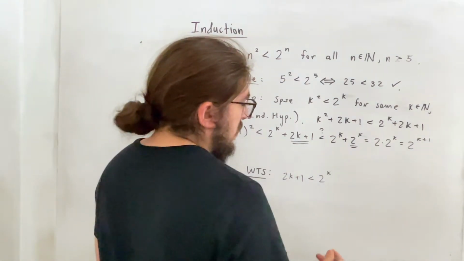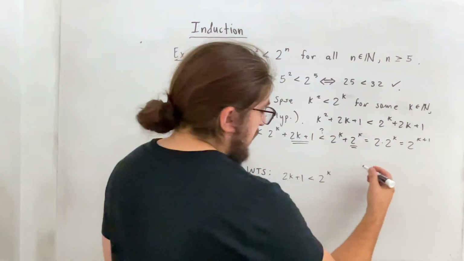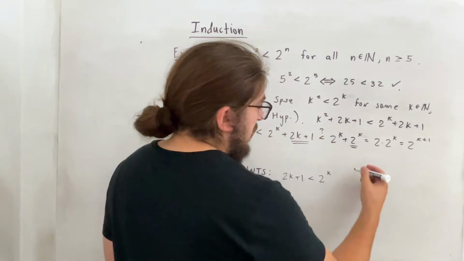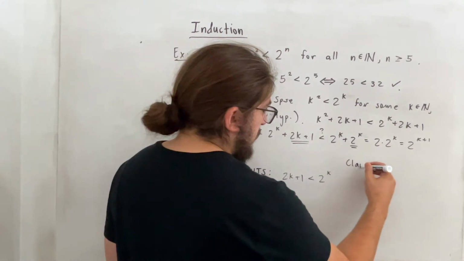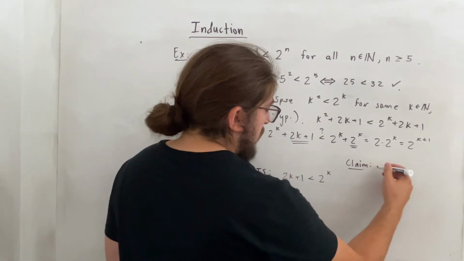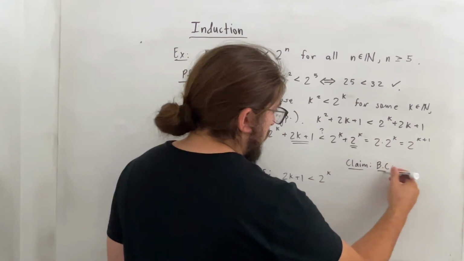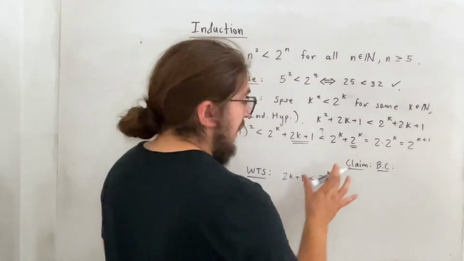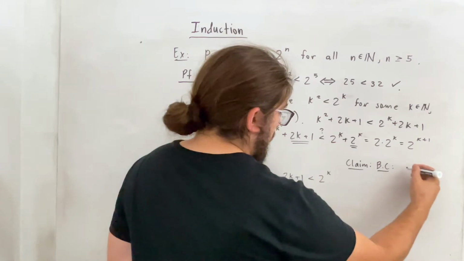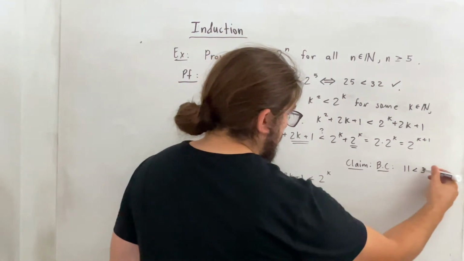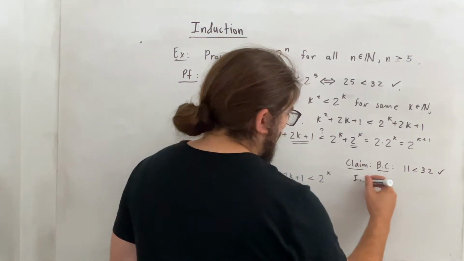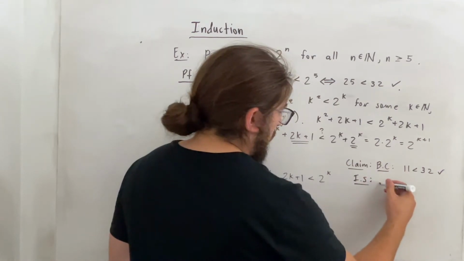Well, let's just say, so here again, k is greater than or equal to 5. So let's try to show this claim is true using induction a little bit. Notice our base case, BC for short: when k is equal to 5, because that's our smallest number here, we get 11 is less than 32, which is for sure true. And now in our induction step, we're going to suppose